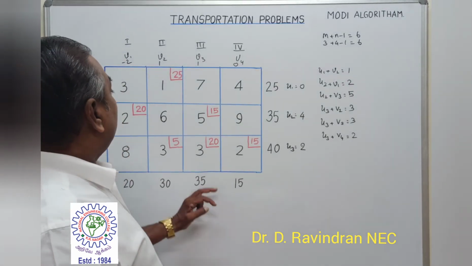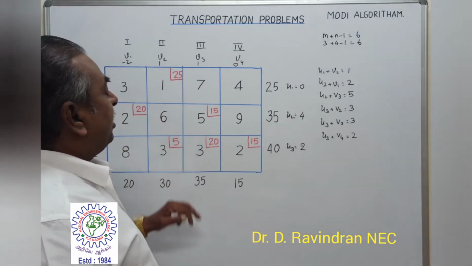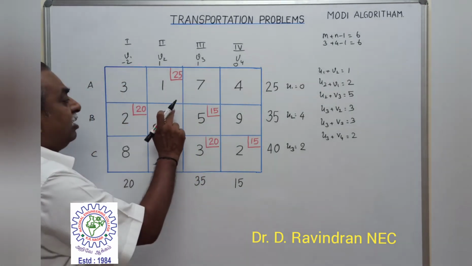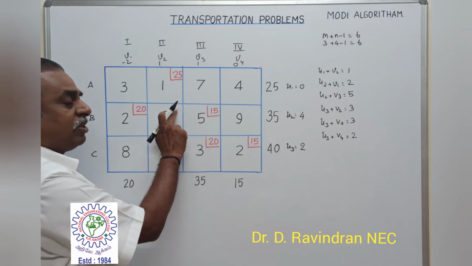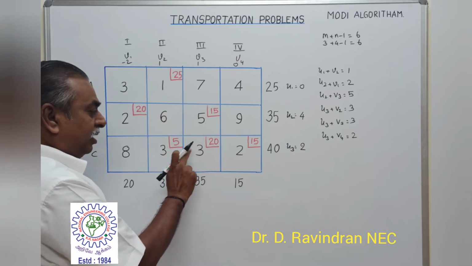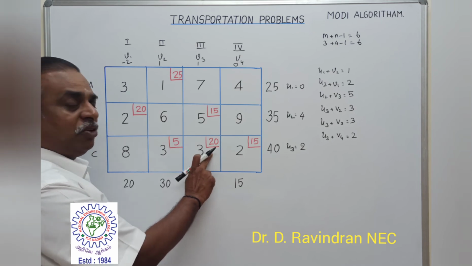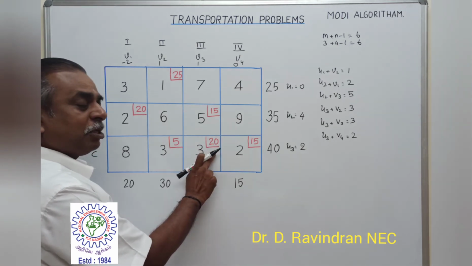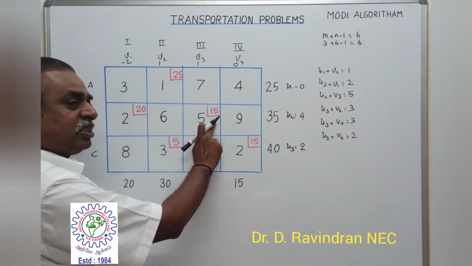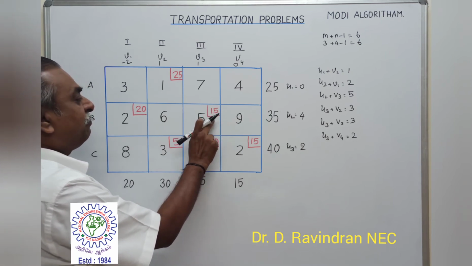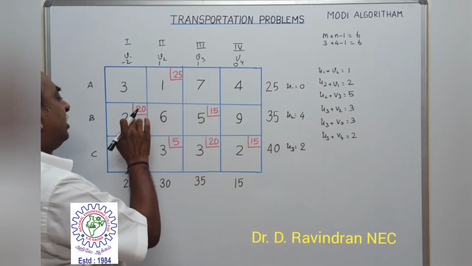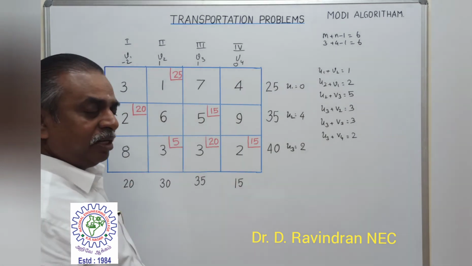Now in the earlier table, we have modified according to the theta value. Now the present cells are, this cell has become vacant. Previously it was 5 units allotted here. Now it has been added here. And then previously here there was 25 units. Now 5 has been subtracted here. Now it is 20 units. Here previously there was 10 units. Now we have added 5 units. It has become 15 units. This cell and these cells are as it is.